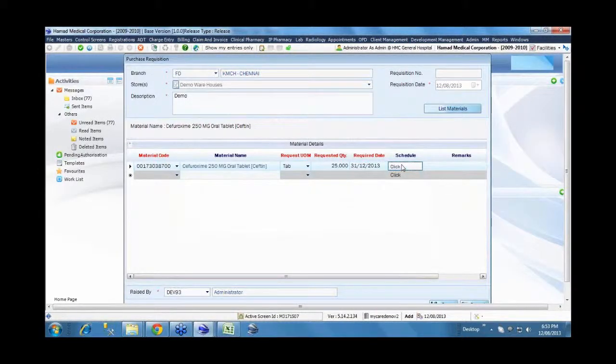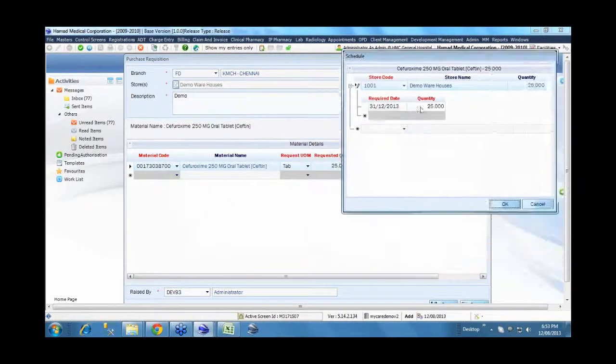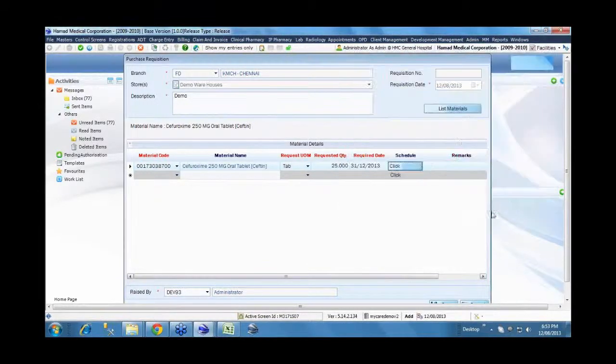From here, since you are placing the purchase, we can specify the schedule. The schedule can either be generated based on the original request, or you can specify a different schedule here as to when I need these items. Okay, and then I can save this purchase requisition.